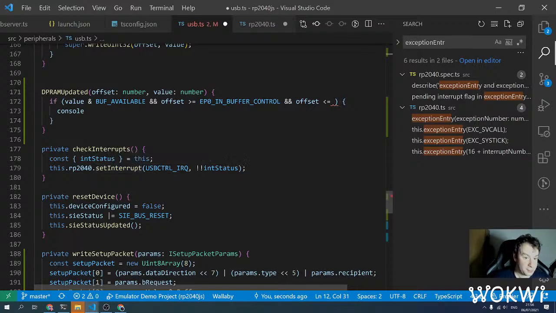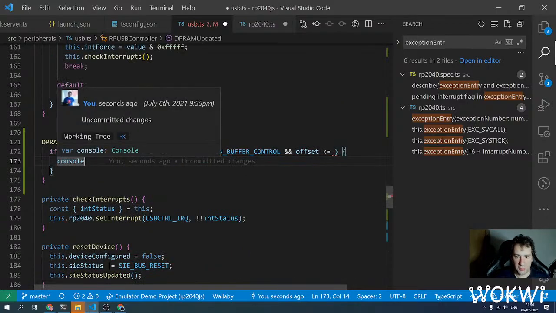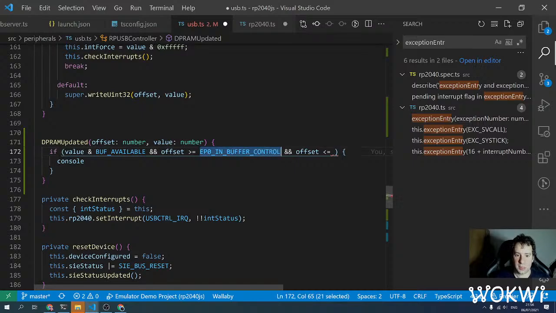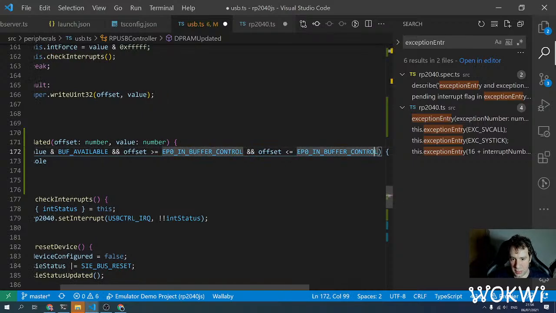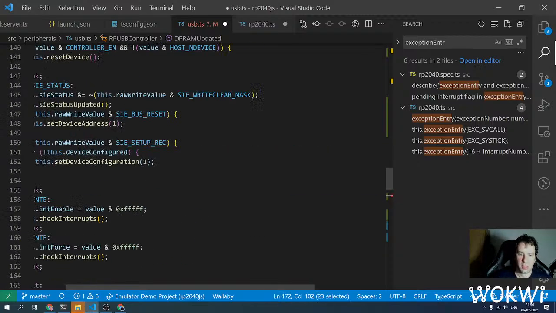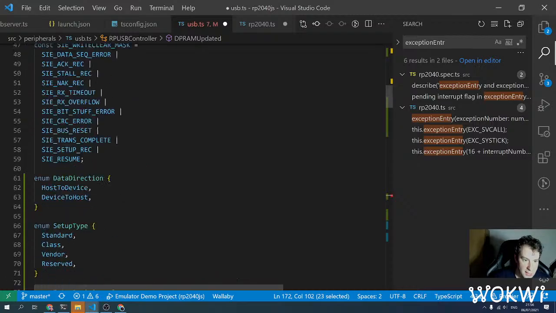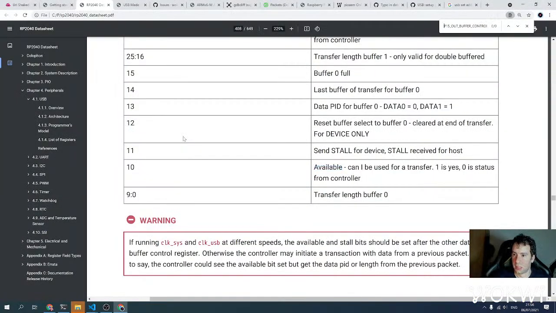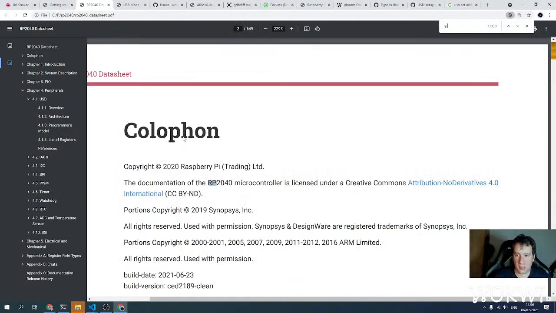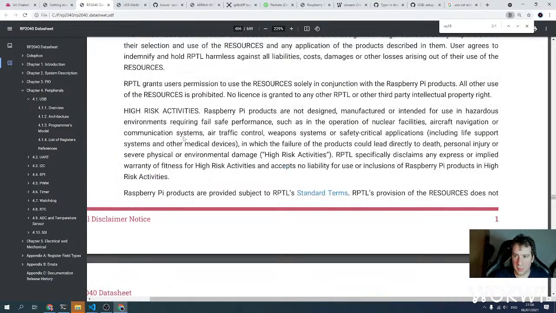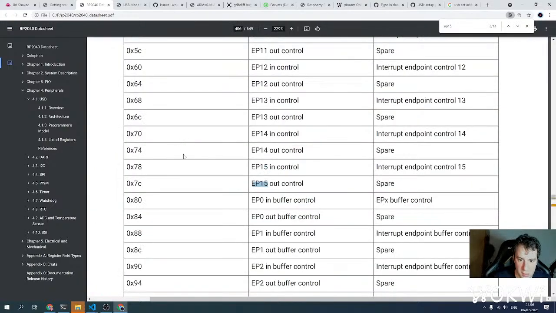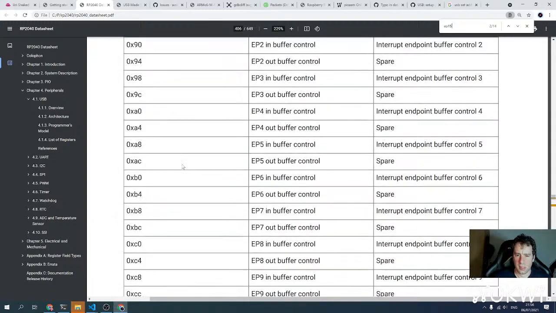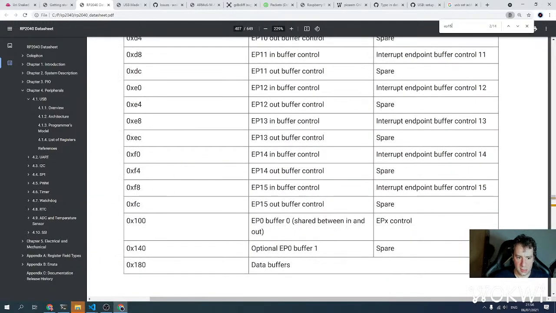So if it's available and the offset is EP1 and less than EP15 out buffer control, which is at const EP15 at FC,